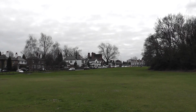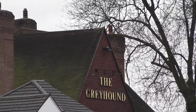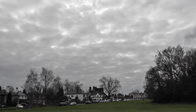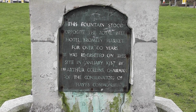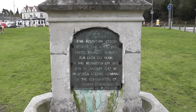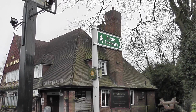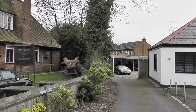Okay, emerging onto Keston Village Green, then heading for the Greyhound pub over there. As forecast, it's starting to brighten up, sunny intervals. Bit of local history here. Royal Bell Hotel, the Greyhound used to be known as. A water fountain. There's a footpath marker here, just outside the Greyhound. This is not the onward journey, next to this